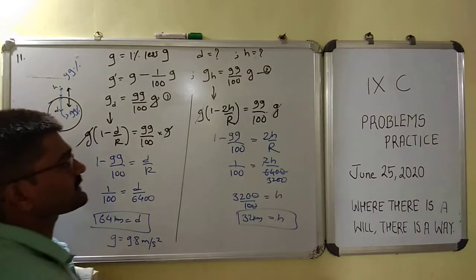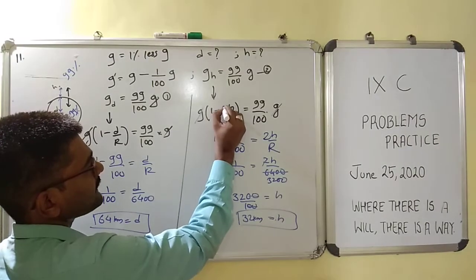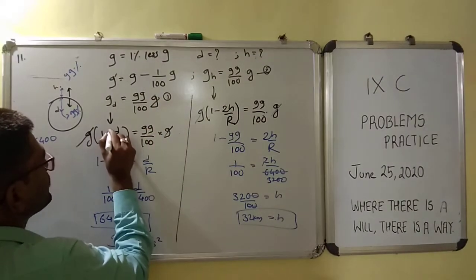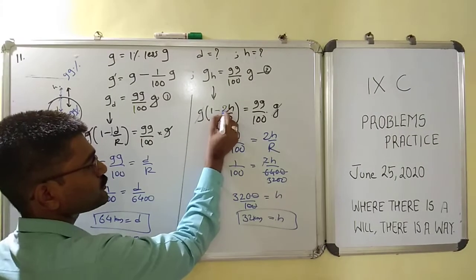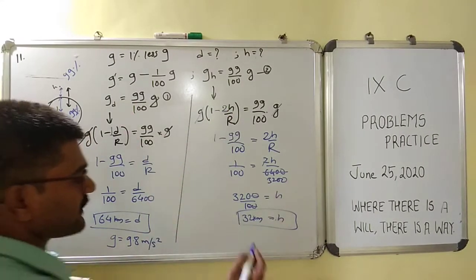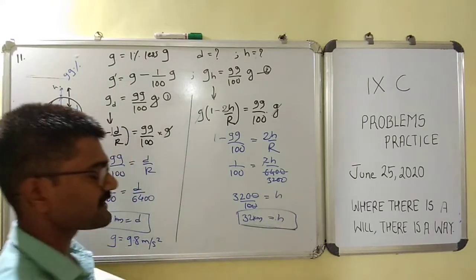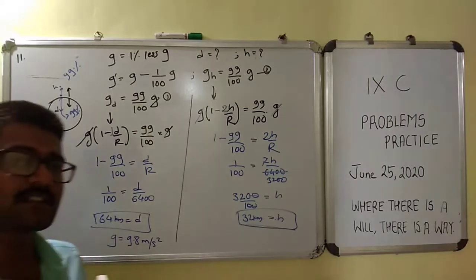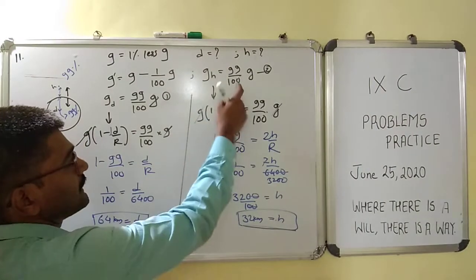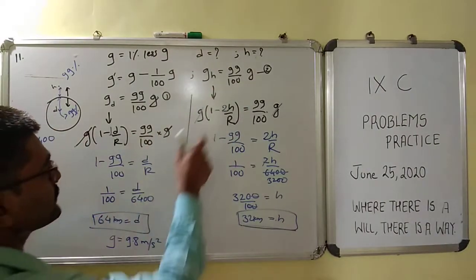And why has this factor come? Because here the multiplying factor is 2, and there is no such factor at depth; the multiplying factor is only 1 there. So it reduces at a rate 2 times faster. That means at a very short distance only, gravity becomes a very reduced value according to this formula.